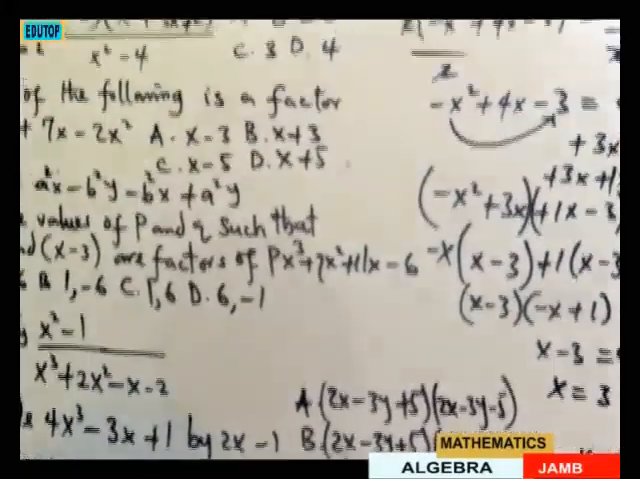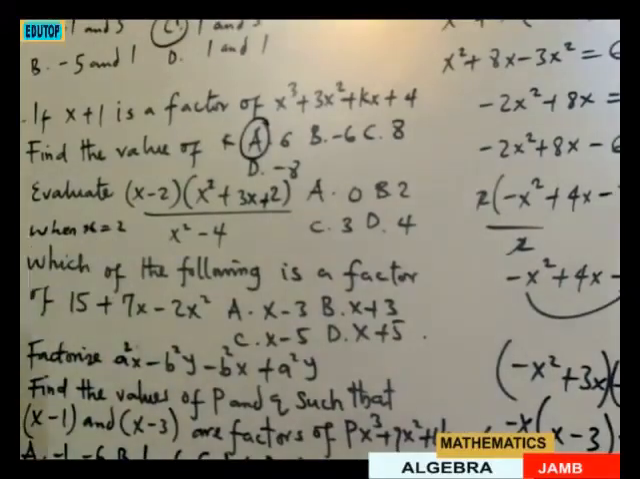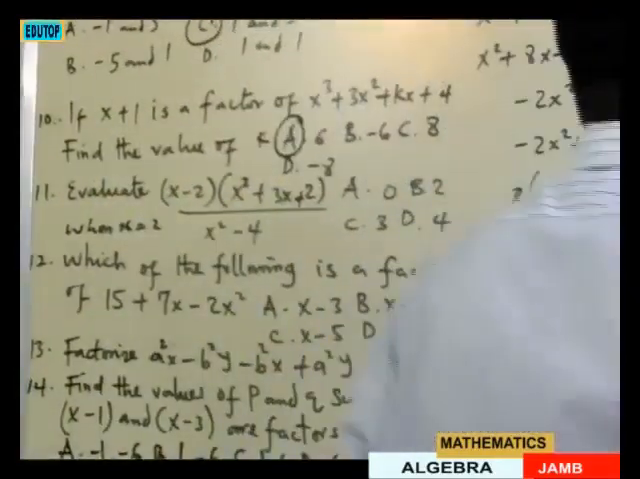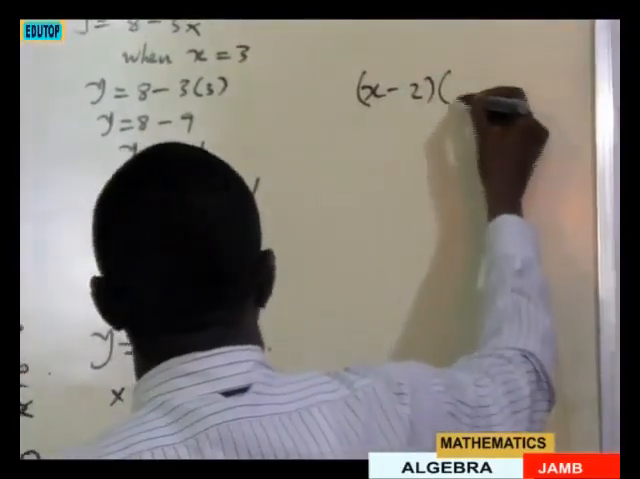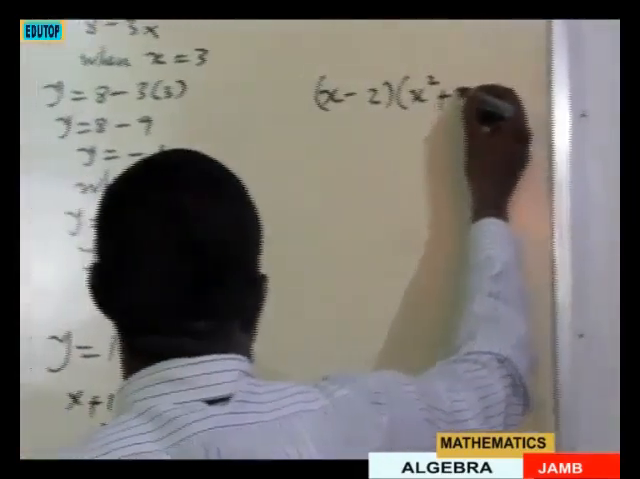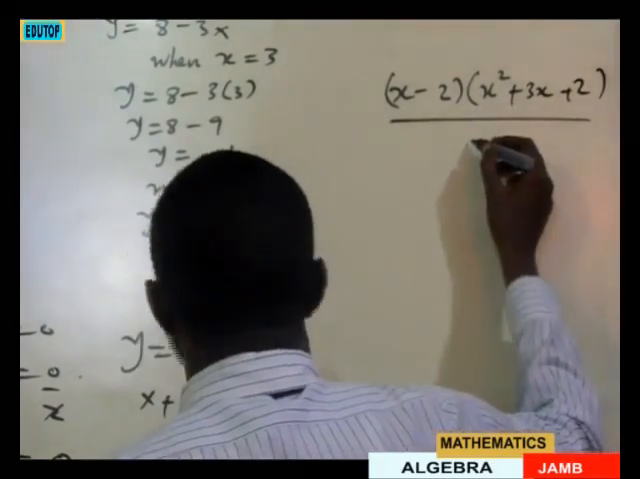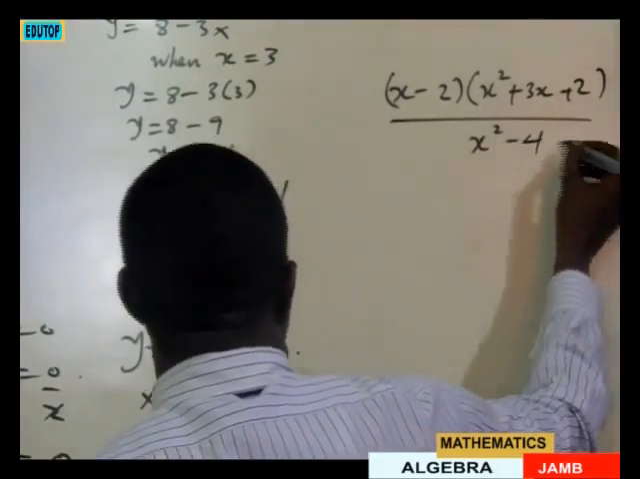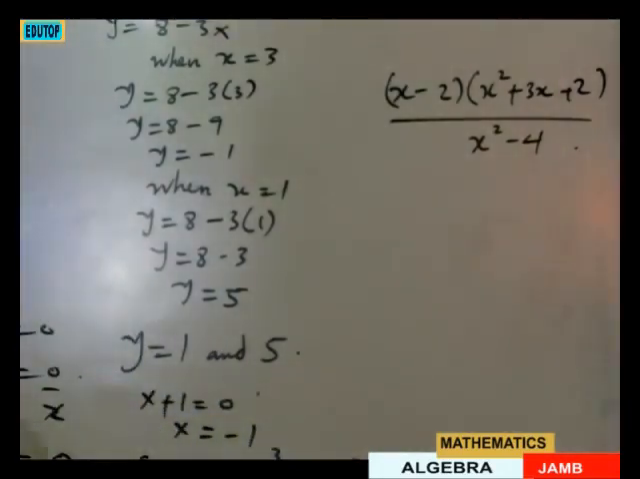The next question says we should evaluate this when x is 2. So in this situation, the question asks us to evaluate x minus 2 into x squared plus 3x plus 2 over x squared minus 4. Here, it's testing how you can factorize and